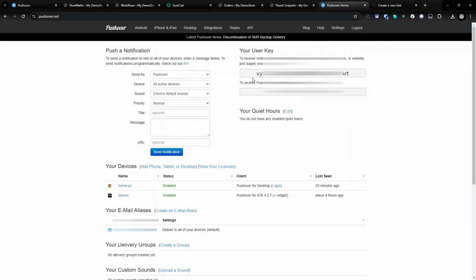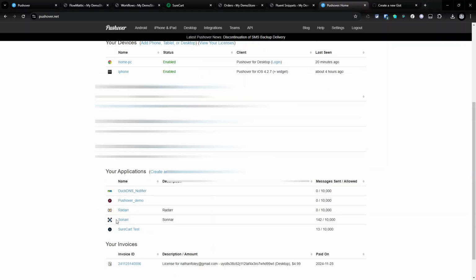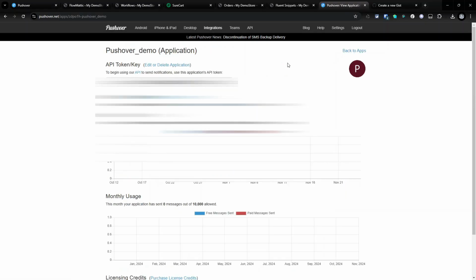So this is where your user key will be. Obviously you can't see mine, and that's because I don't want all your Pushover notifications sent to me. Your next option is that you need an application. So what I'm going to do here is, you see this application here, Pushover demo, I'm actually going to delete